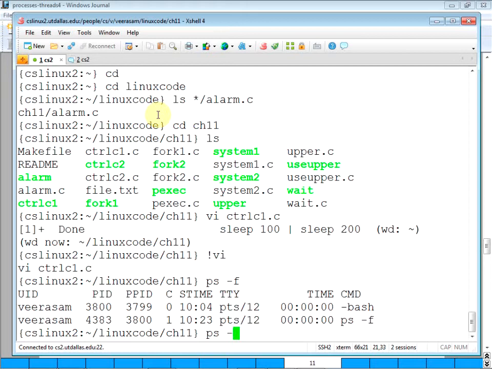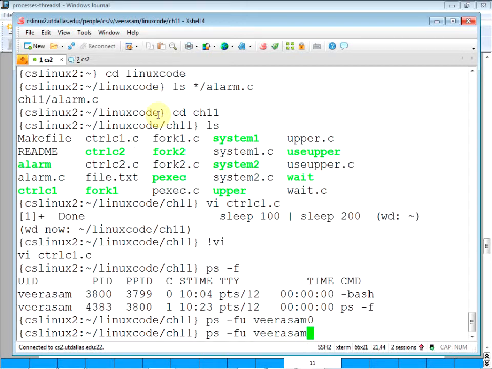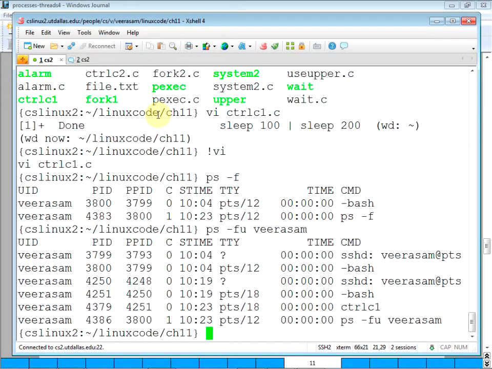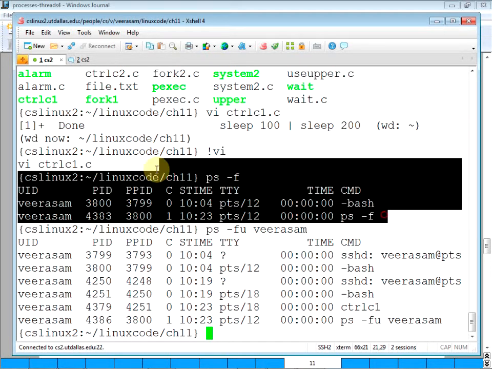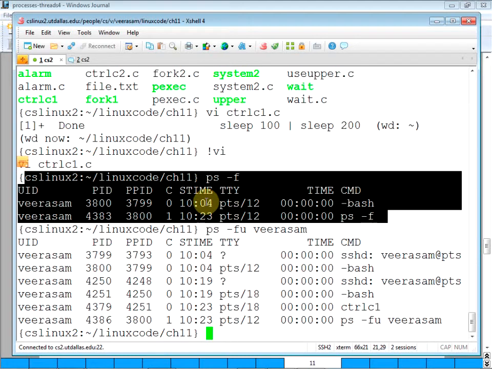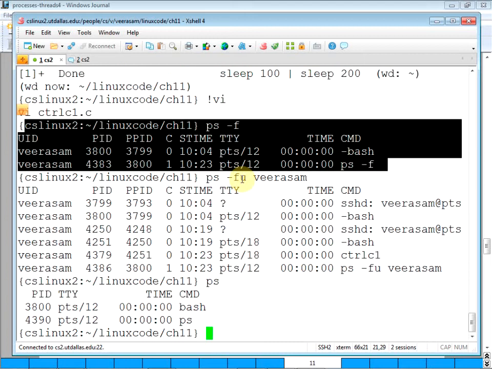So ps -fu virasam. There's the Control-C program. By default, ps -f displays only the current TTY tasks. When I did ps -f or just ps, that's my current TTY.